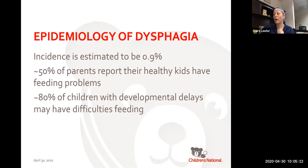Dysphagia can be categorized based on the disordered phase of swallow, one of those 4 phases that we just talked about. And each phase presents differently. Oral dysphagia can present as absent oral reflexes, immature or absent suck, uncoordinated biting and chewing, poor preparation of the food bolus. Pharyngeal dysphagia can